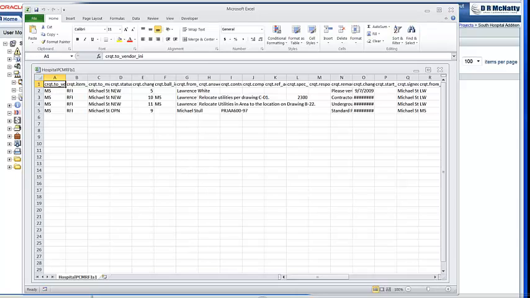So one thing to remember is that with the base product of Unifier, there is not a complete one-to-one data mapping. So we're just using, as I said, the base product RFI.